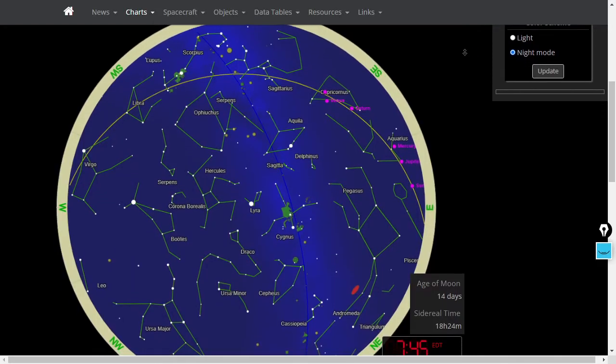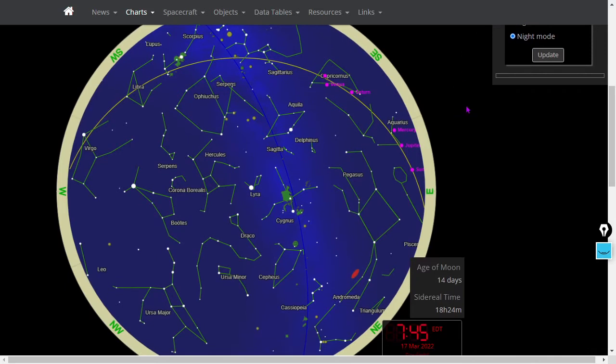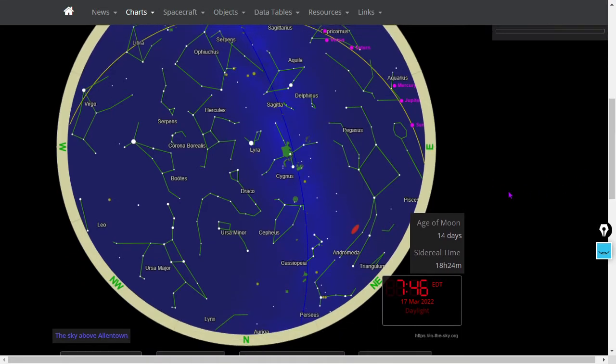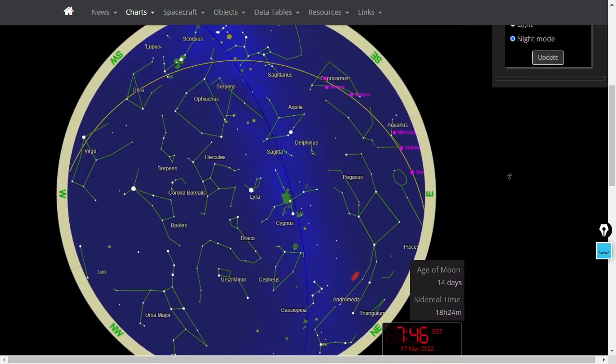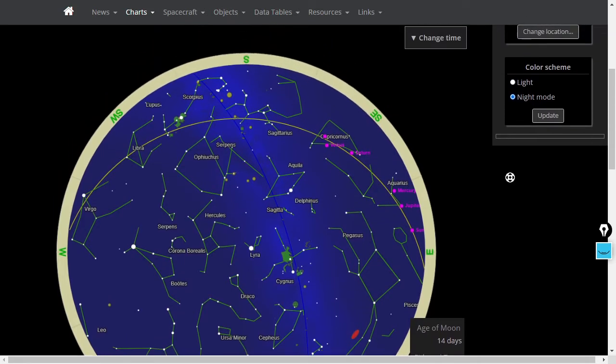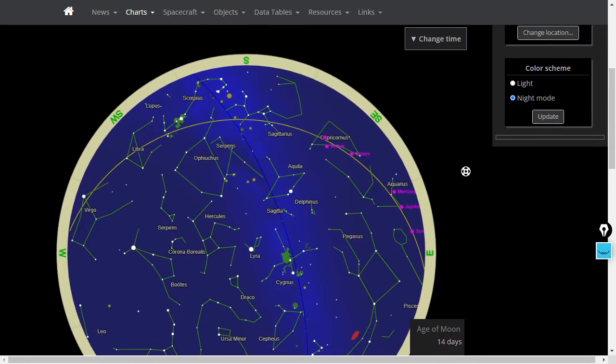Next, a star chart. A bunch of planets in the morning. If you're up before dawn, you may see Mars, Venus, Saturn, Mercury, and Jupiter all rising ahead of the sun. It's quite a spectacular time for morning planet viewing. Get up before dawn. Check it out. That's our star chart, our all-sky chart from